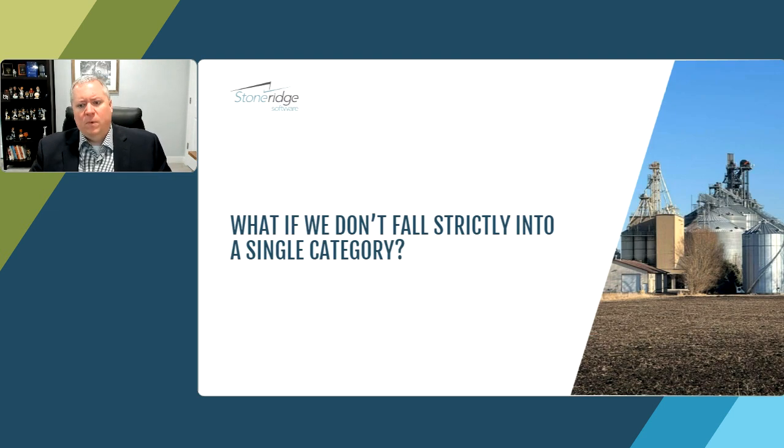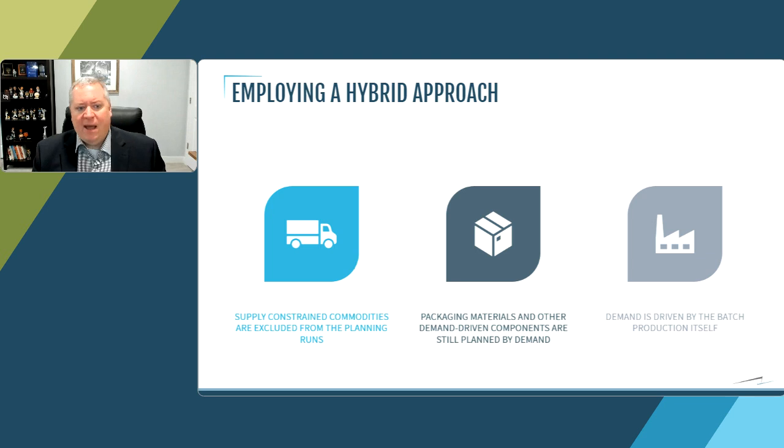Now, you may be wondering, what if we don't necessarily fall strictly into a single category? We do have the ability in MRP to be flexible and account for this hybrid approach, where you might not fall into necessarily supply constrained or demand driven, but there might be a combination of the two. An example of that: let's say that we have our supply constrained commodities, but we still have packaging material. So in the hybrid approach, our supply constrained commodities can either be excluded from the planning runs, or we can still include them in the planning runs so we get those net requirements